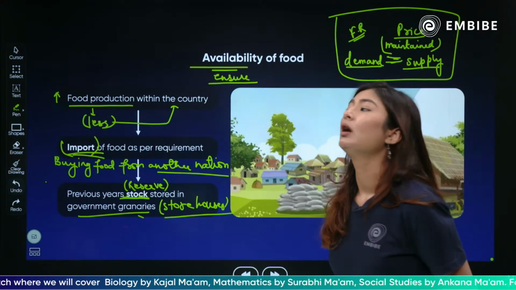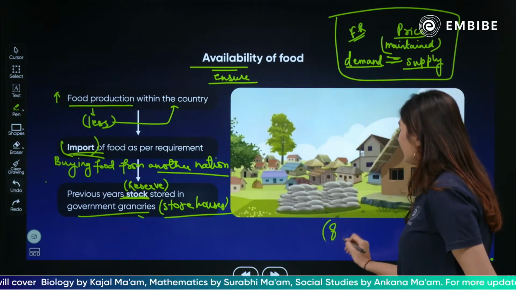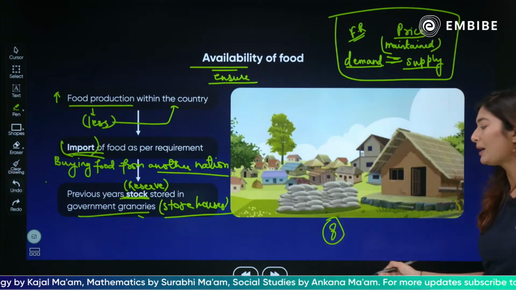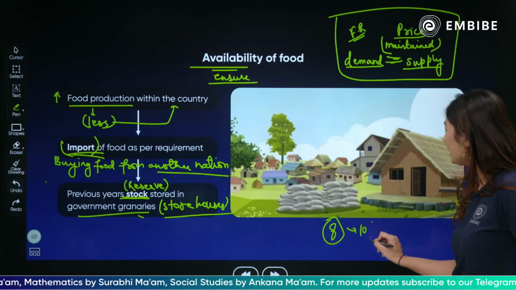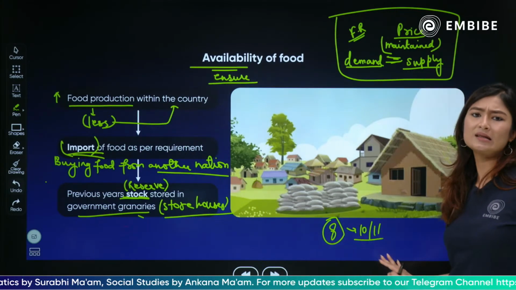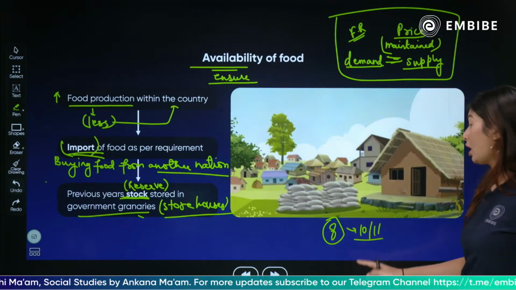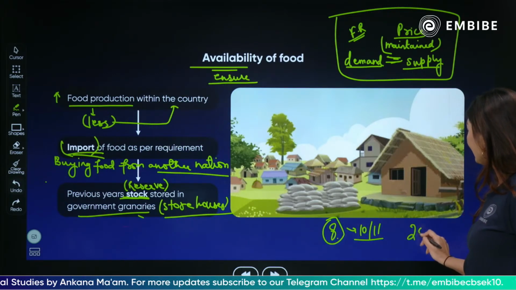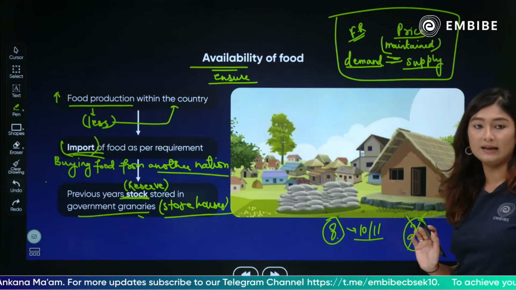It may be higher. For example, if you can get something by producing in your nation for 8 rupees, maybe you're getting it for 10 or 11 rupees. Okay, this is done. This can be managed. But of course, if this 8 becomes 25 rupees, then that is not the best idea.